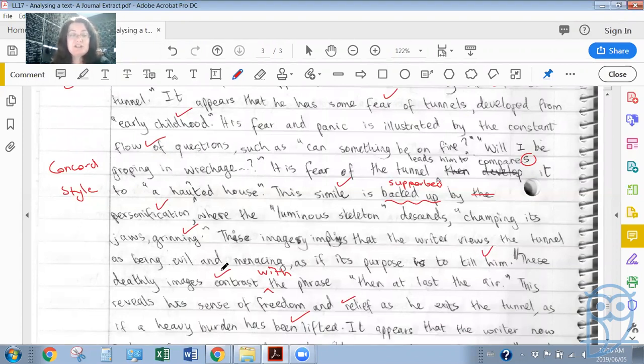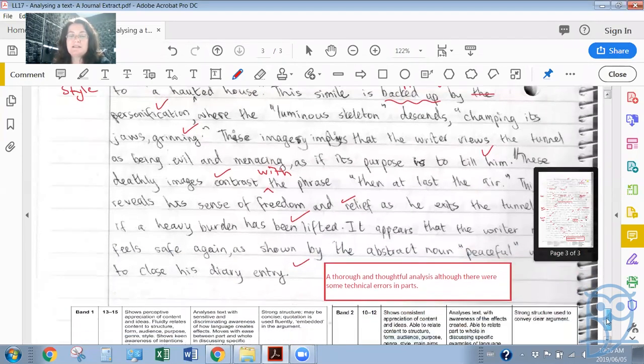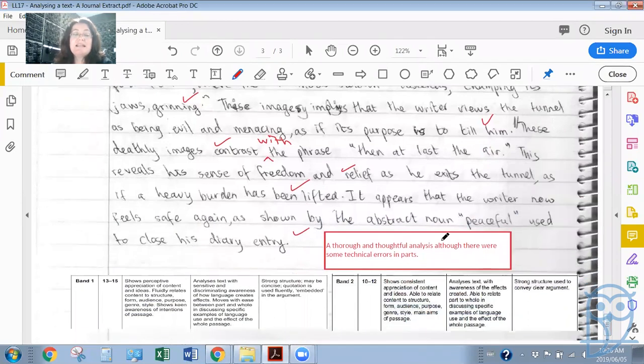These deathly images contrast with the phrase "then at last the air." This reveals his sense of freedom and relief as he exits the tunnel, as if a heavy burden has been lifted. It appears that the writer now feels safe again, as shown by the abstract noun "peaceful," used to close